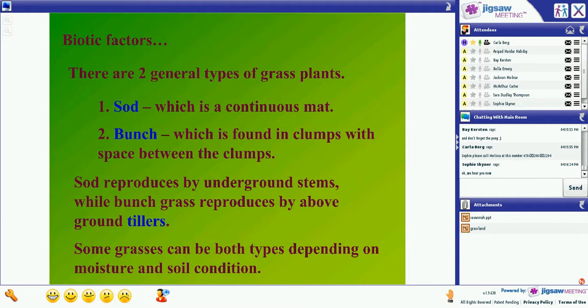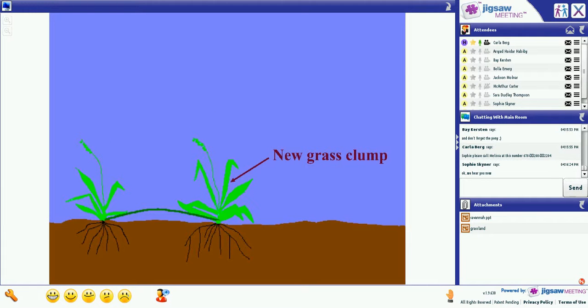Awesome. Thank you so much, Xana. So this is one of the main biotic factors of a grassland, grass. And Xana just read to us about sod, which if you've ever tried to plant or your parents have tried to plant your yard, you might use sod, which is real grass, but it gets delivered to your house already grown and you just lay it down. So that's one biotic factor. And here is a close-up picture of sod.